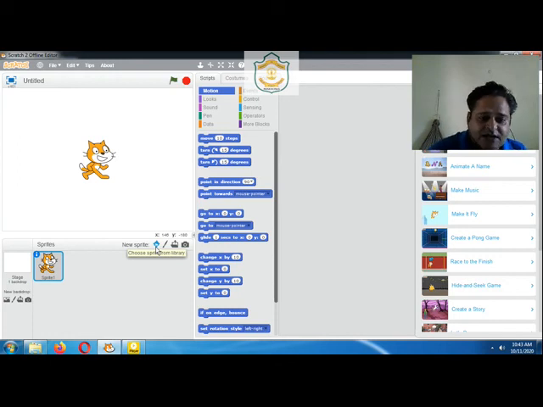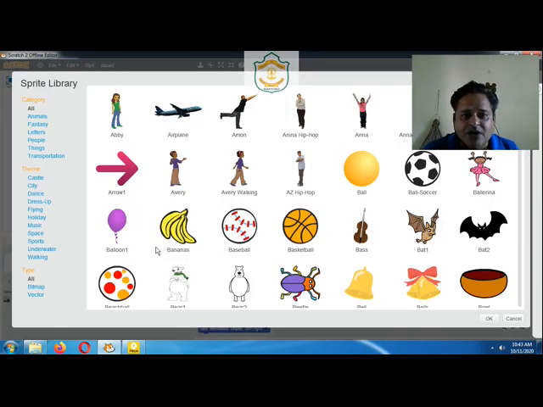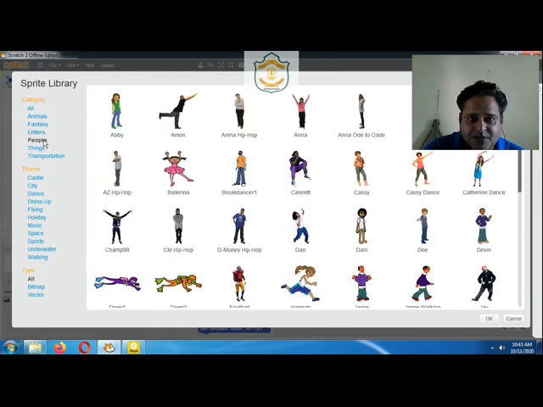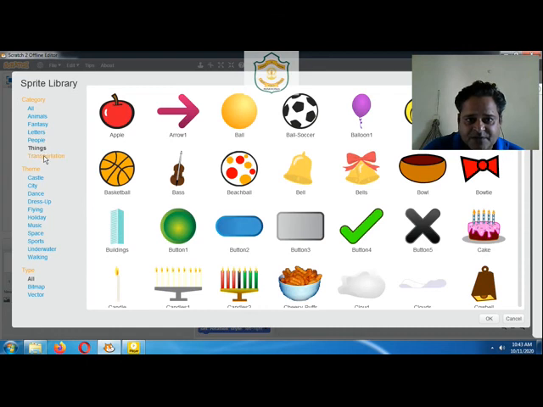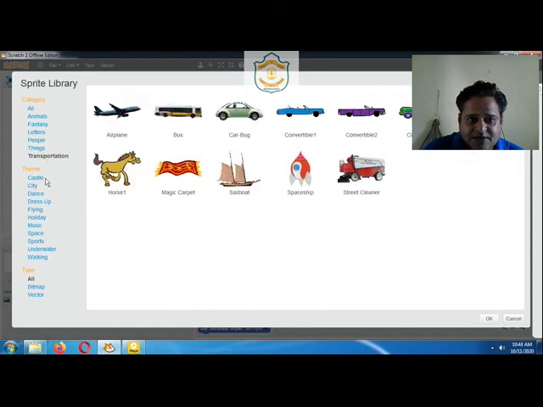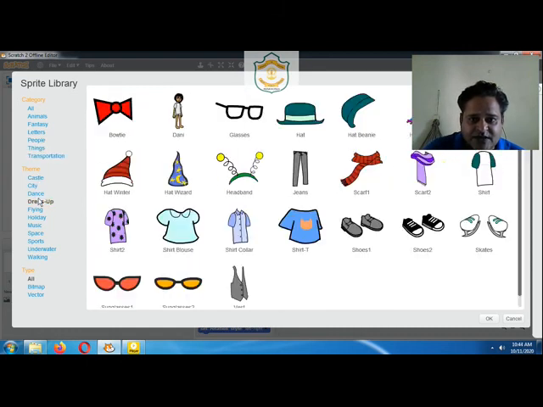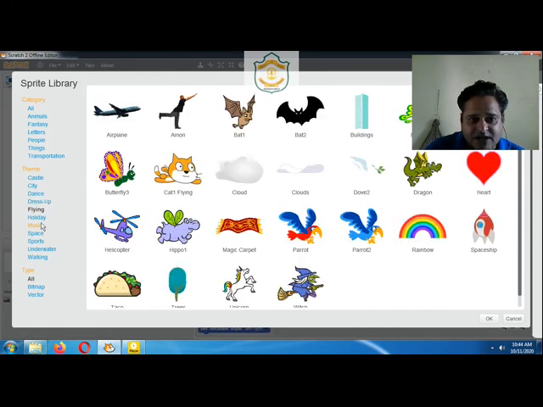Let's see. Now you can notice there are several sprites. Also there are categories like animals, fantasy, letters, people, things, transportation. Anything you can select from here as your sprite.